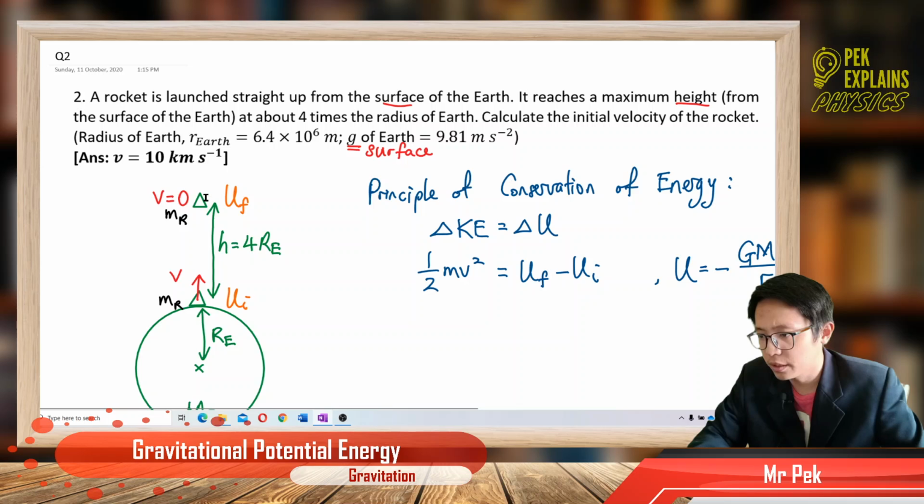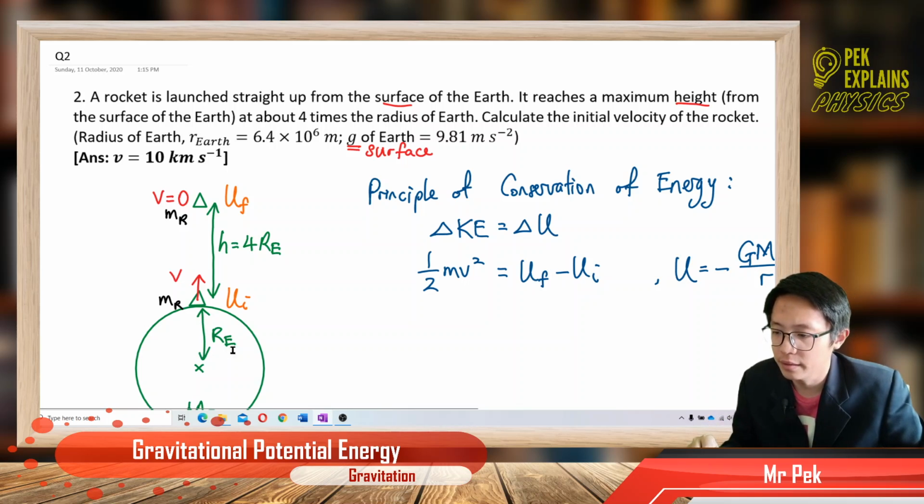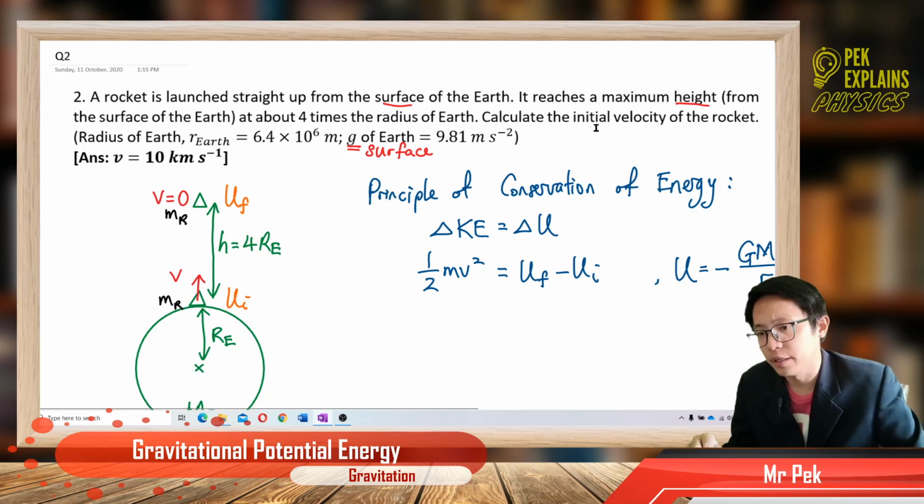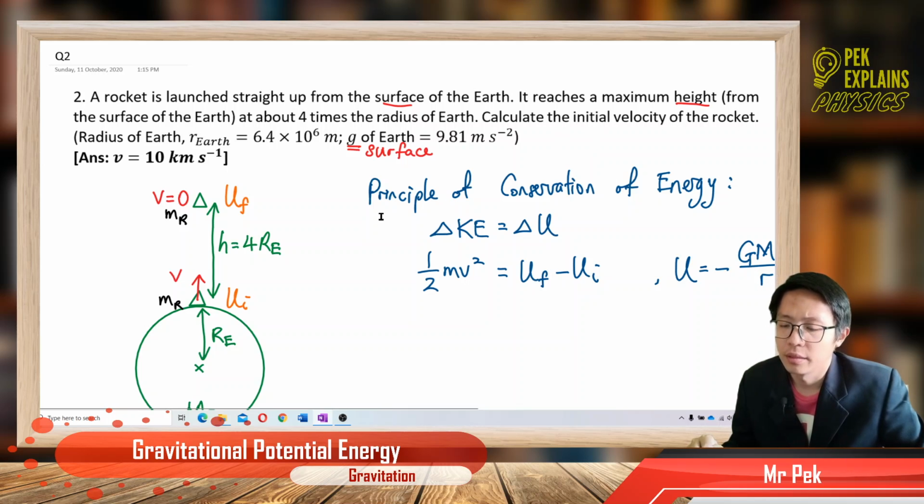It is launched upward with a certain velocity until it reaches the maximum height, when velocity becomes 0. So the height is 4 times the radius of Earth. To find the initial velocity of the rocket,